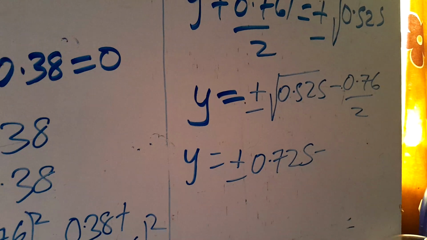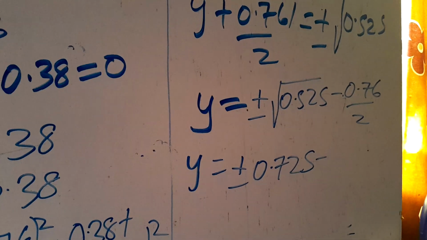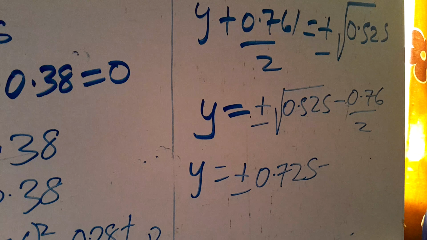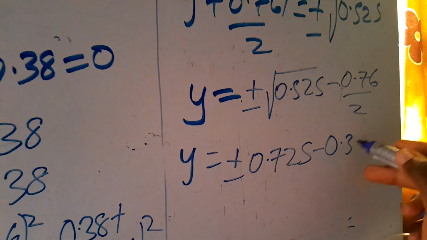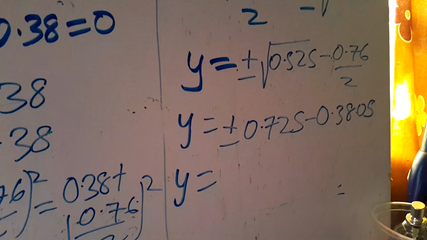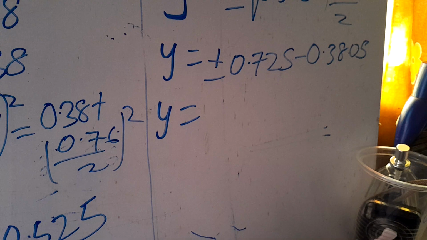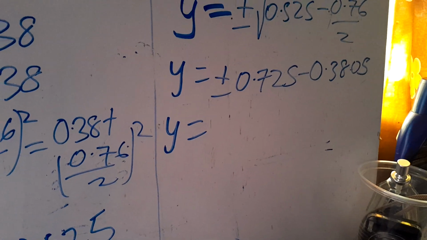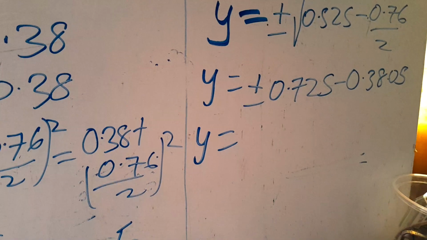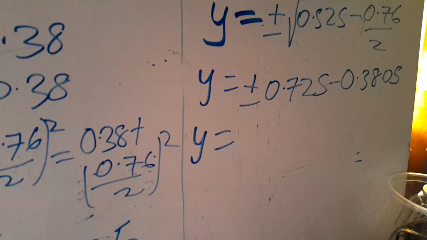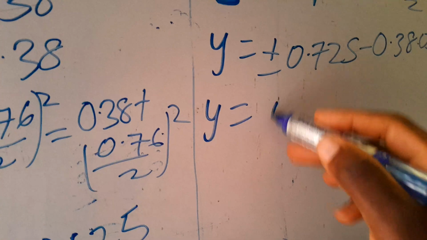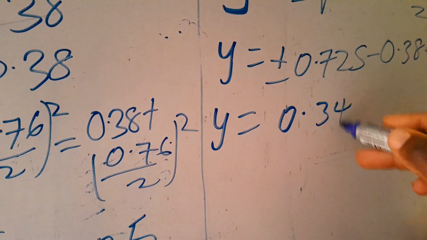If we divide that by 2, our answer becomes 0.3805. y is equal to 0.725 minus 0.3805. Our y is equal to 0.345,